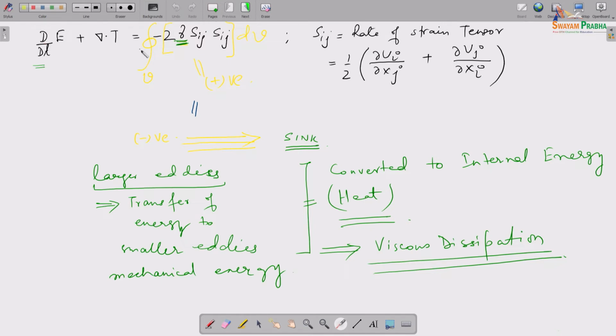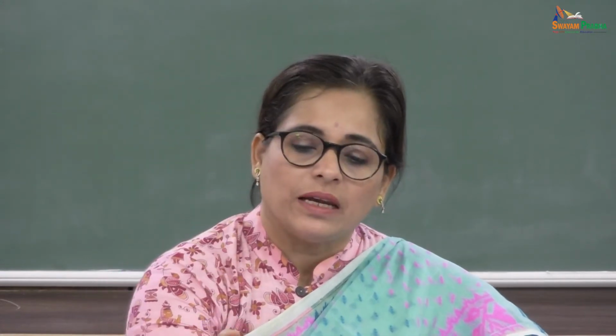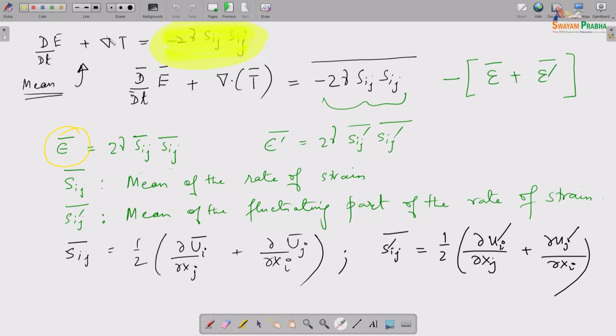And the right hand side is due to the viscosity. We reasoned that the right hand side that is happening because of the viscosity is essentially behaving like a sink, which is telling us that there is viscous dissipation happening, resulting in conversion of mechanical energy to internal energy. Now the next thing we're saying is I just took a mean of this. That's it, same equation.